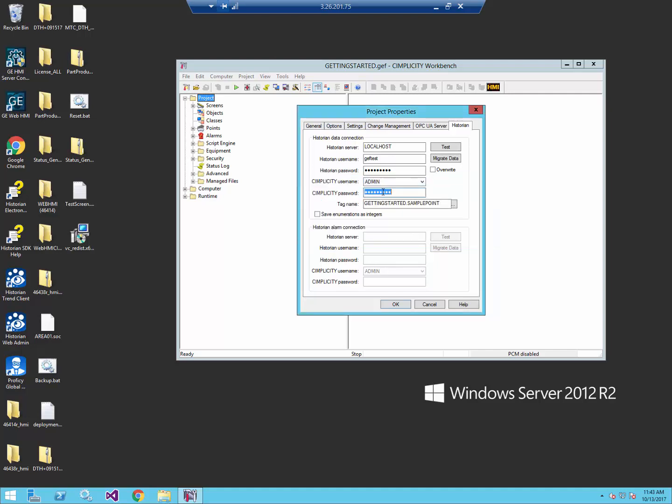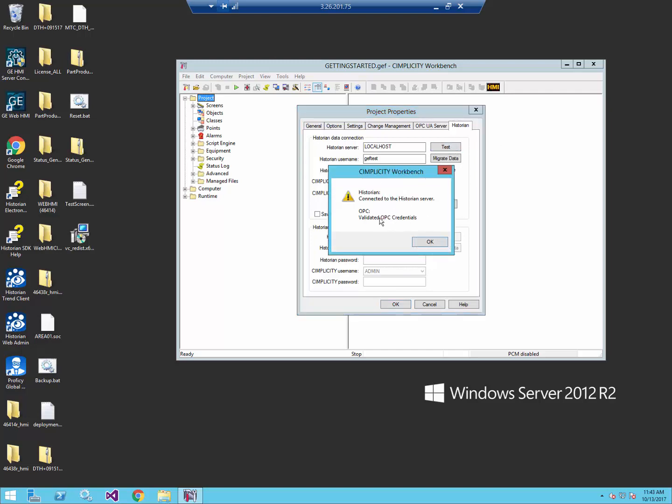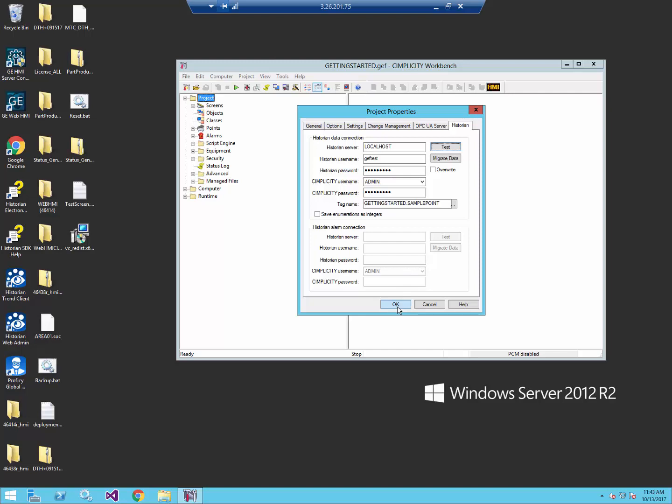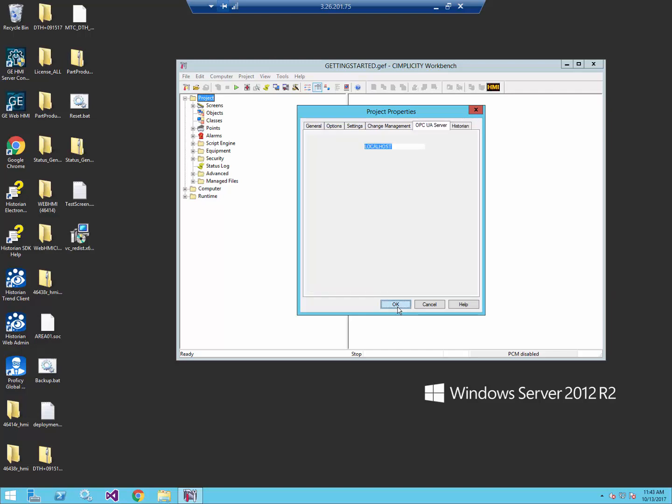Let's try that again. And we'll do a test on that. So we're connected and we have valid OPC credentials, which is great. So now that that's enabled,